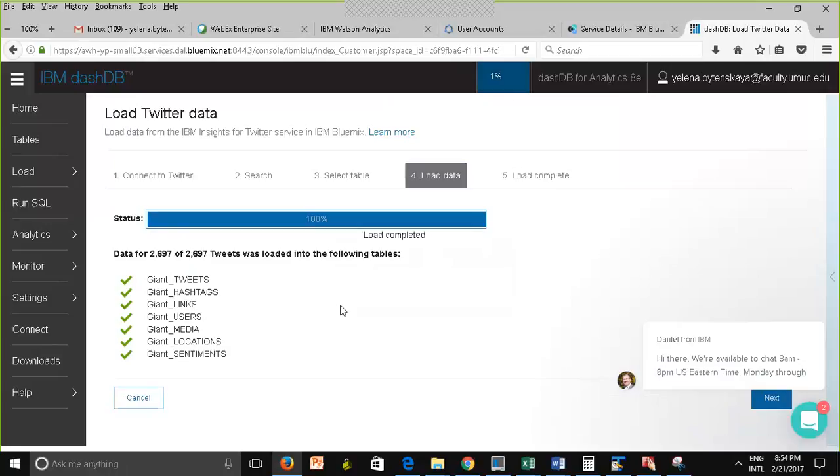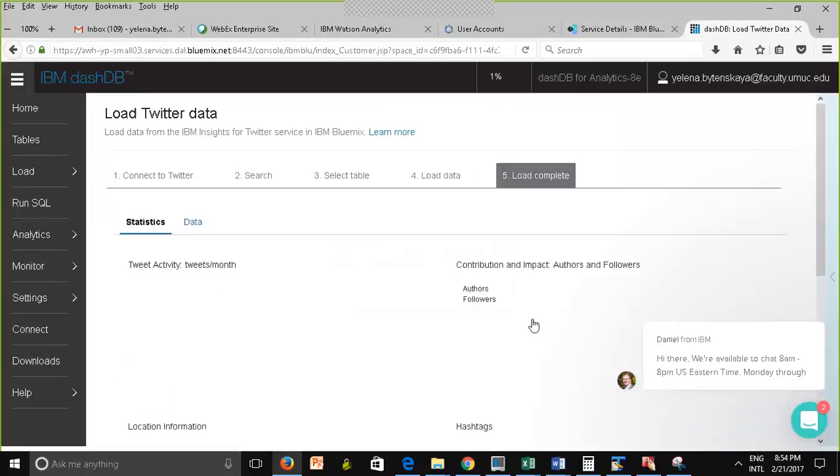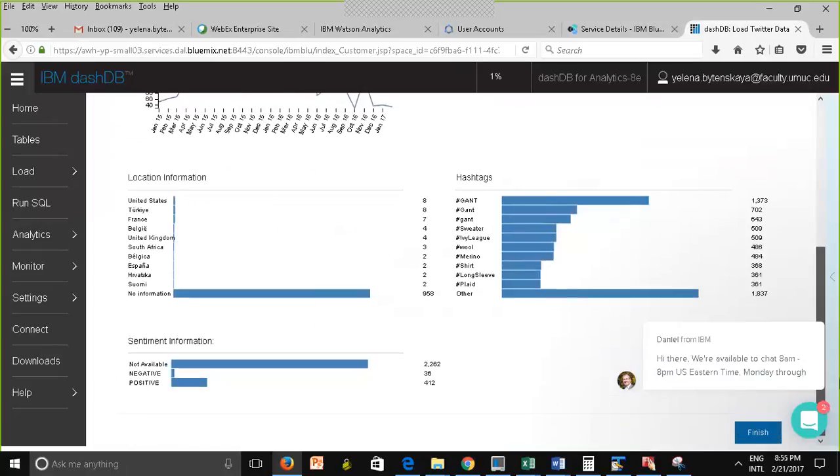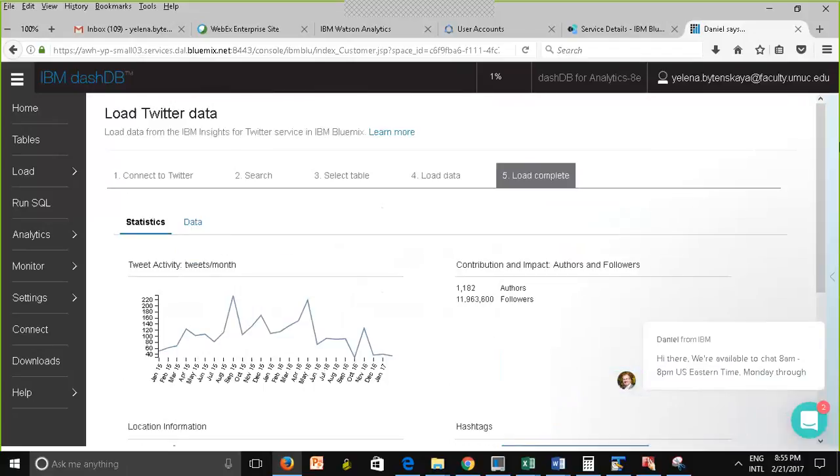Right now it looks like it's finished. This check mark means it's finished. So now I'm going to click on Next. And here, very important, when you get to this page, take a screenshot, because there is no way that I know of to get back to this page. I have not been able to figure out a way. If you show me how, I'll appreciate it. But what you'll need to do in the graded part of the assignment is explain what you see here.